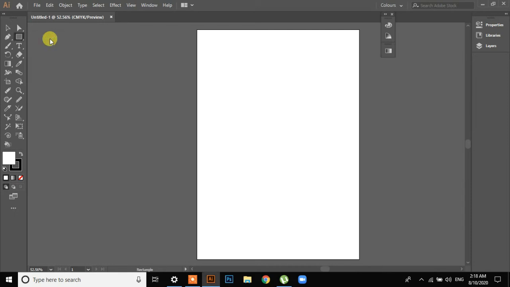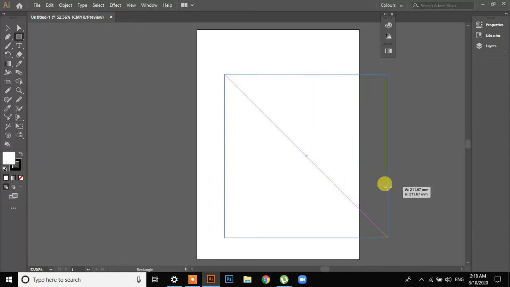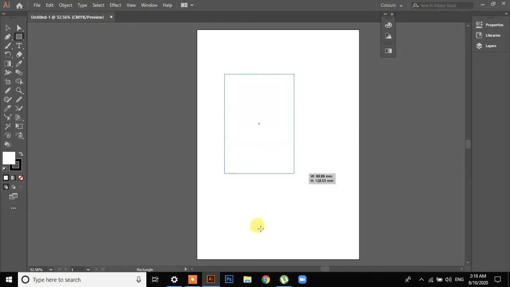So I'll select this rectangle. Okay, there's something interesting in this rectangle tool. If you press shift and drag by clicking, look, the ratios are locked and it will create a square. No matter how big you want, it will create a square. Now once I release my finger from the shift, it will create a rectangle or any shape I want. Okay, I've created this rectangle.